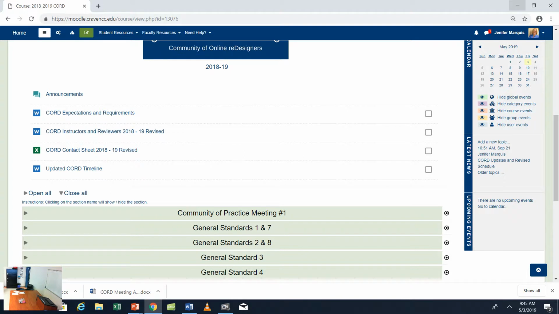So that is 4.1. Any questions? Okay, good. 4.2. This one's a little challenging. This is a 3-point standard. It's challenging because a lot of us don't do this. Usually this isn't done. We don't see this done a lot. So you have to make sure you do this now. And I'll show you a couple examples.